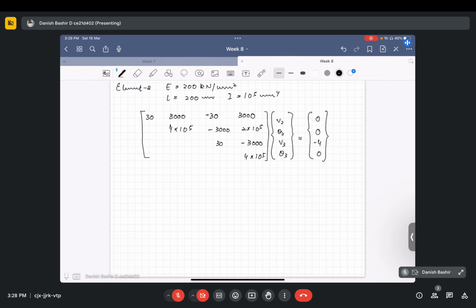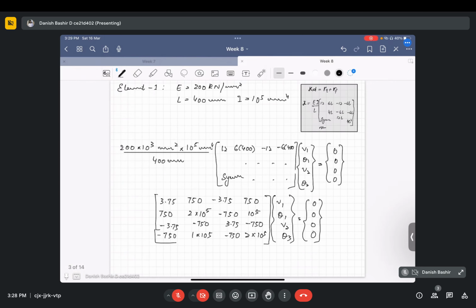So the element 1 and element 2 equations will be assembled like this. The global equations will be looking something like this. So we have to take this